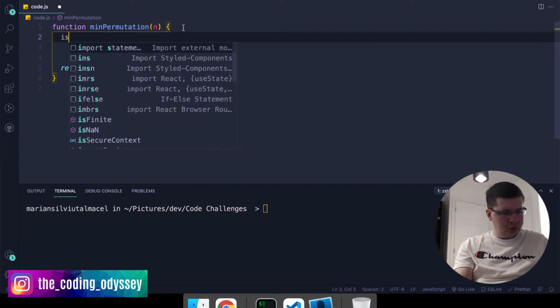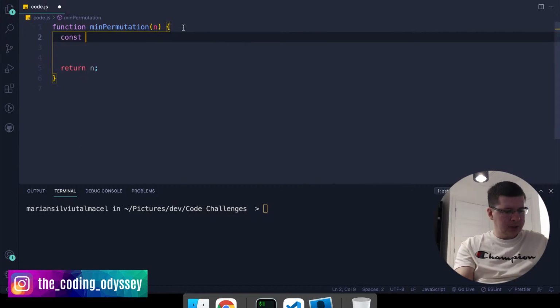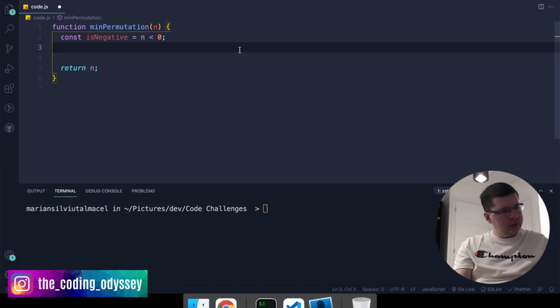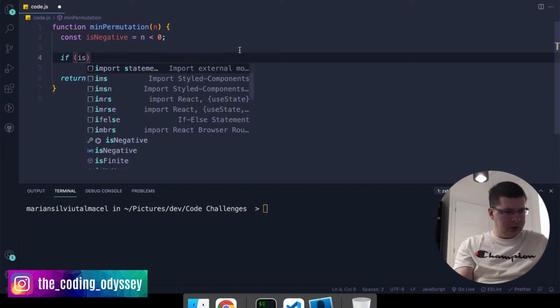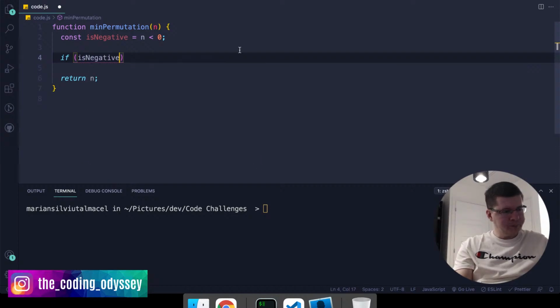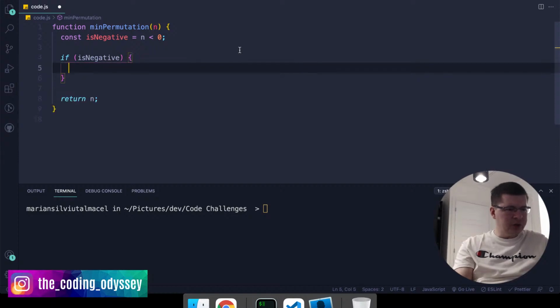So I'm making a checking variable, const isNegative, is equal to n less than 0. So I'm going to say if isNegative. I'm going to write a long version for this, and then we're going to optimize the code so it's not so long. But I'm going to say if isNegative,